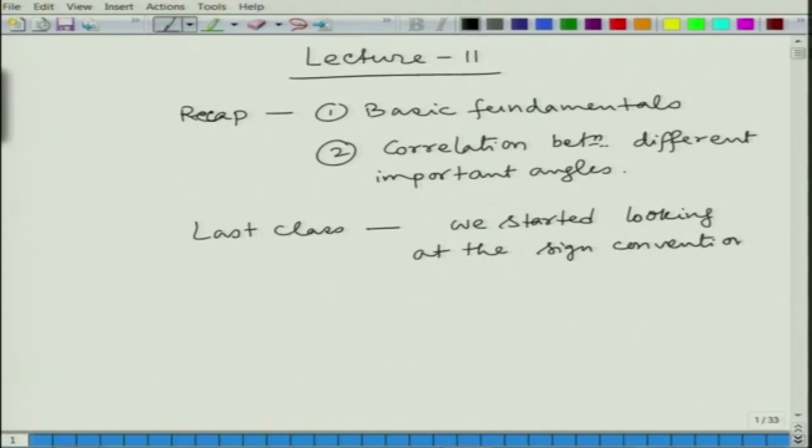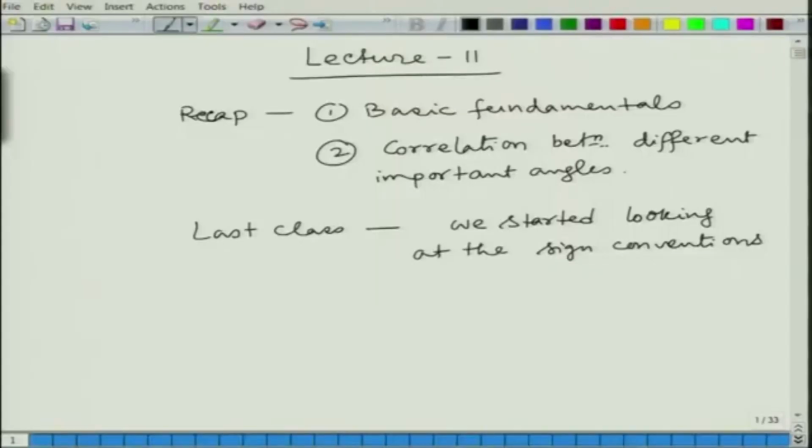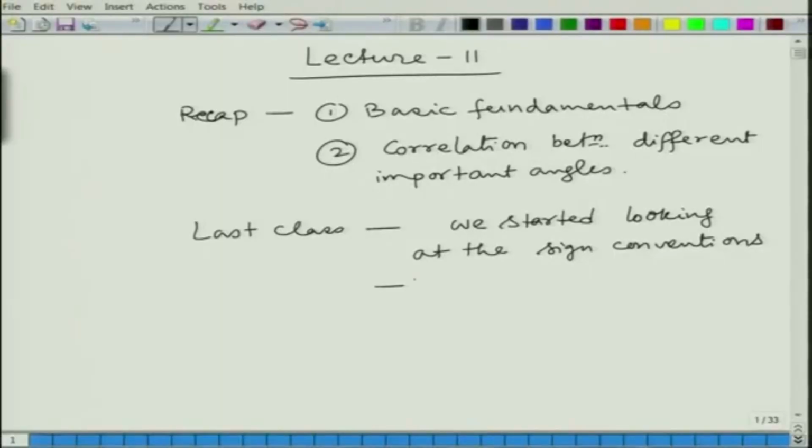This is a very important thing, because every time whenever we look at a certain angle, we should know what the available values that it can take, and what is the range of values, as well as what determines its sign, whether it is positive or negative. So, today we will finish this sign convention,